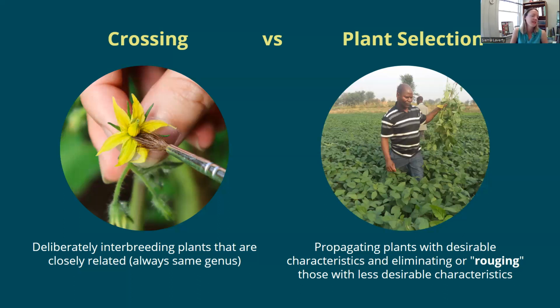Plant selection is another tool we have in our toolbox when we want to do plant breeding. So you're propagating plants with very specific characteristics, and then you're removing the ones that don't match. An example of this that Daniel and I are doing is we are cross-pollinating wild lettuce with some different cultivars of lettuce that we've used. So we'll grow out, like the last couple of years, these 10 by 10